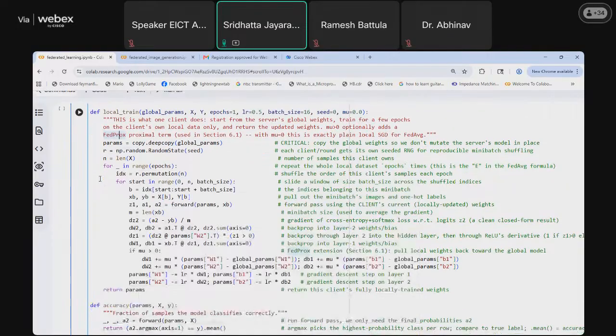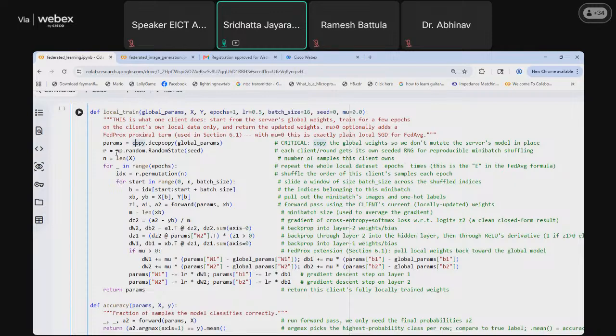Coming on to the training part, first we define the parameters. Whatever the server parameters are, they are copied into the parameters of the current local client model. copy is the library that I defined earlier, and it is useful here for copying the parameters.